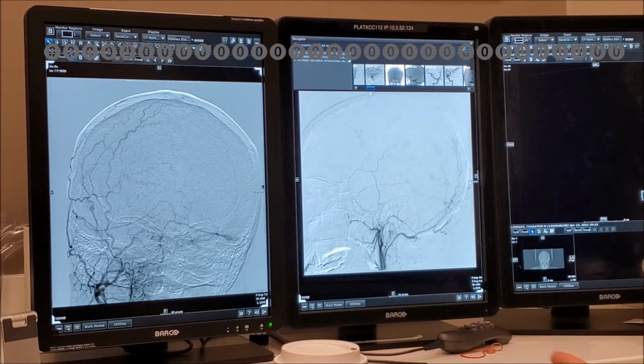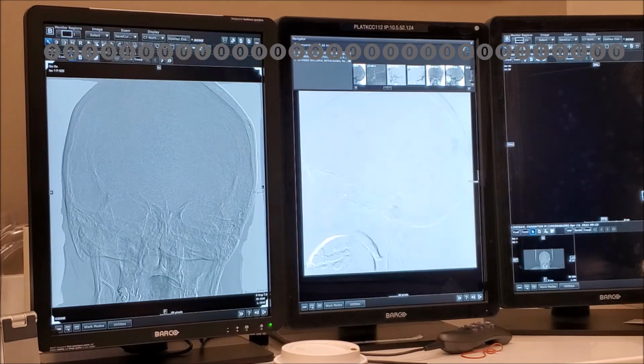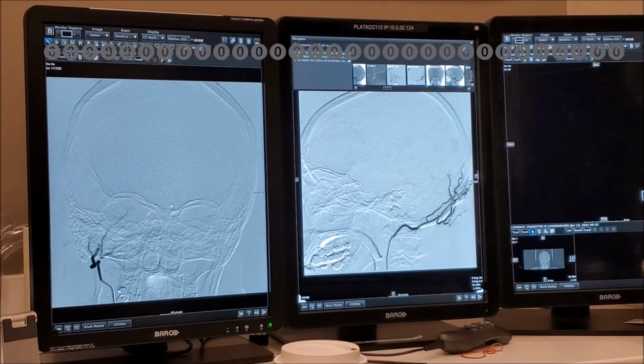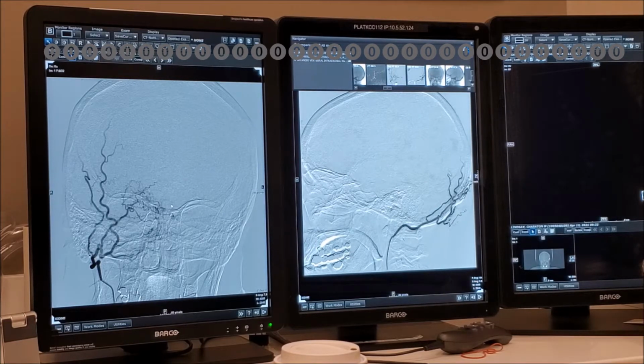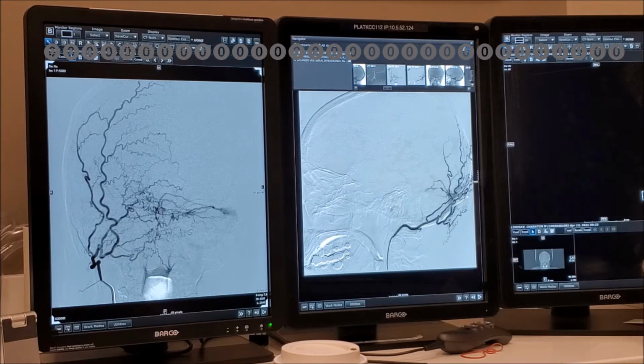Okay, and we know the disease on the other side, right? So you did another injection. This is the occipital, right? And to your surprise, it's not as prominent in the supply. It is already. Okay, and the only thing is that all this network, when I look at it,